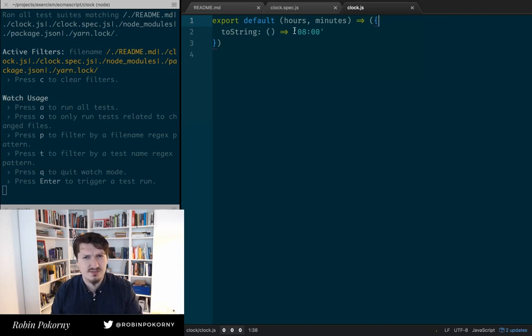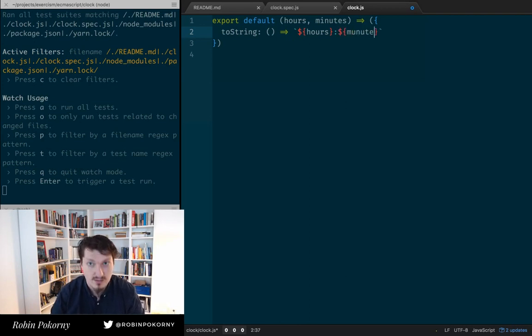So okay, let's start with this toString method for easy ones. Yeah, I'm just thinking too much forward. I shouldn't do that. Let's go one test after another. I see there will be some problems with this, but it's going to be interesting on the way. So what we have now is we want to return a string where the first part is hours, then we have a colon, and then we have